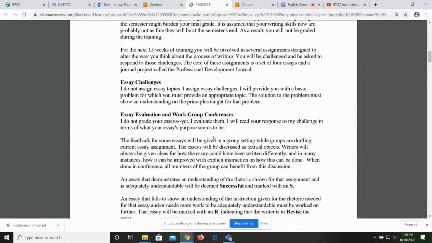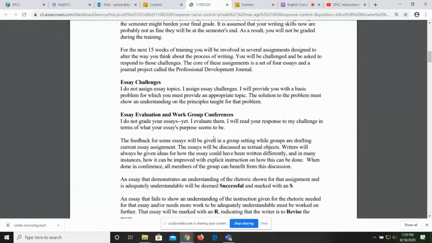So, you'll submit your essay to other readers, a group of readers. At the same time, you'll submit your essay to me. When I give the essays back, there's a chance that several times I will return all of the essays all at once to that same group. And we'll talk about all of the essays in terms of how all of the essays could be made better and how the essays are responding to the assignment. It's a powerful